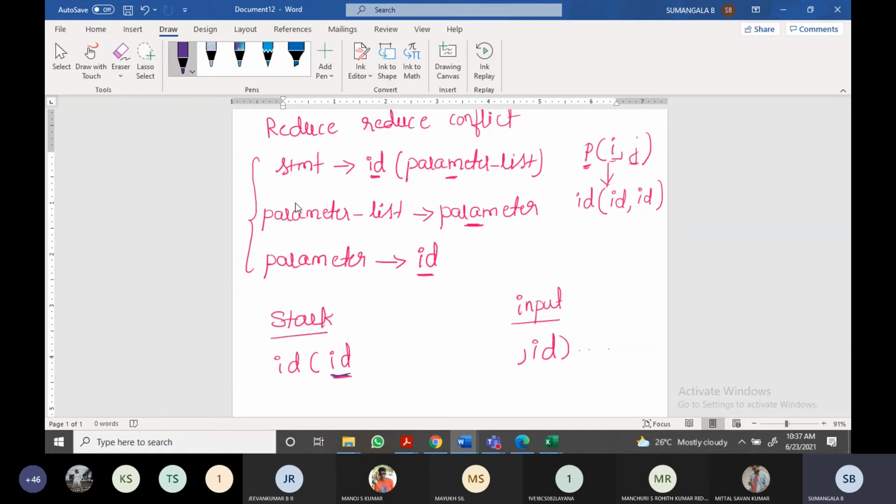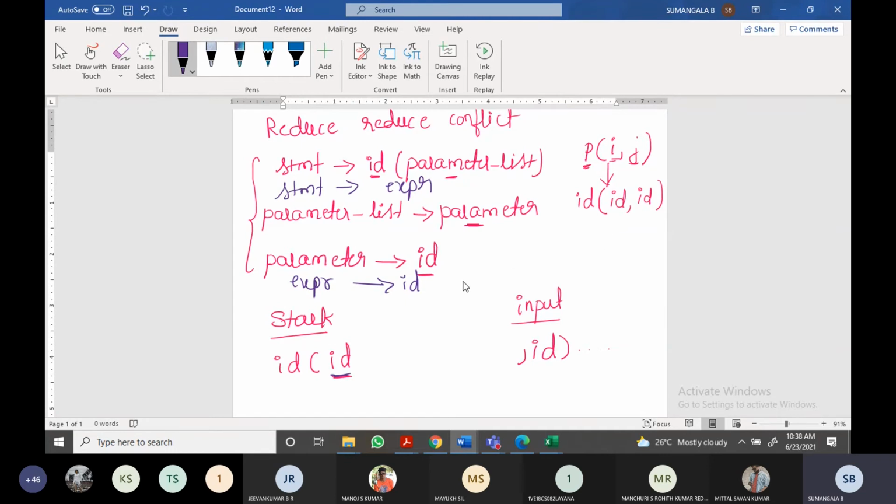One second, actually in the textbook they have given the big grammar, so I'm trying to reduce it. Now you take the statement once more. The starting symbol is statement only, but you have statement 1 and statement 2, both are starting symbols of the grammar. But assume that you have an expression. As I told you, here we are taking expression with respect to the function name, and also assume that you have an array.